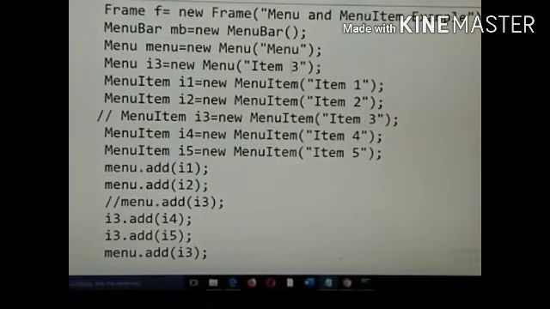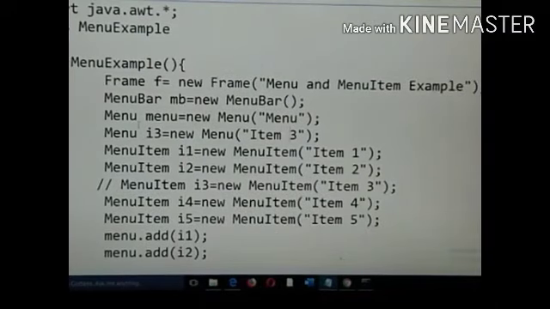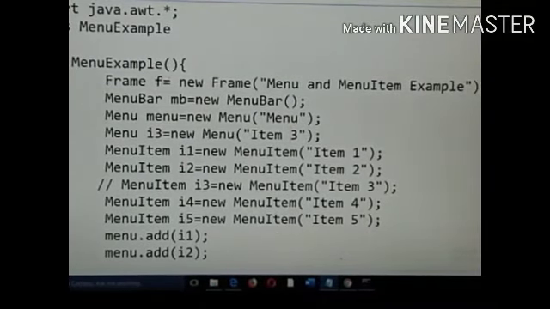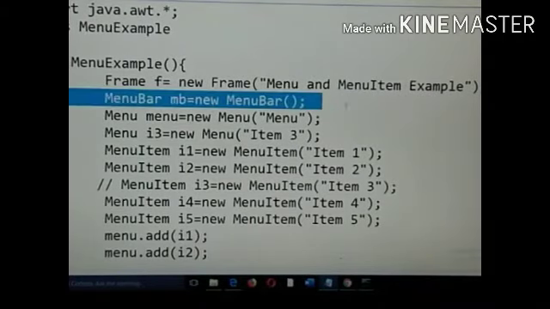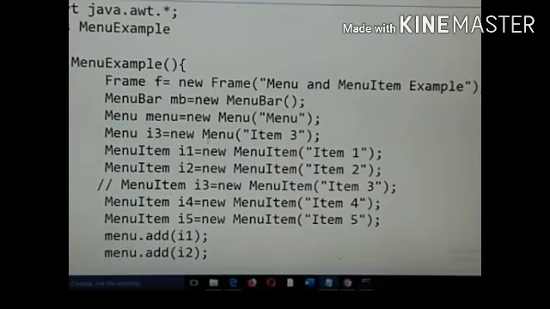Here we have an example, class menu example, constructor has a frame. I have given the name of the frame, and menu bar MB new menu bar. So an instance of the menu bar is created with this. Then I create a menu, new menu. Here I have changed menu I3, new menu item 3.